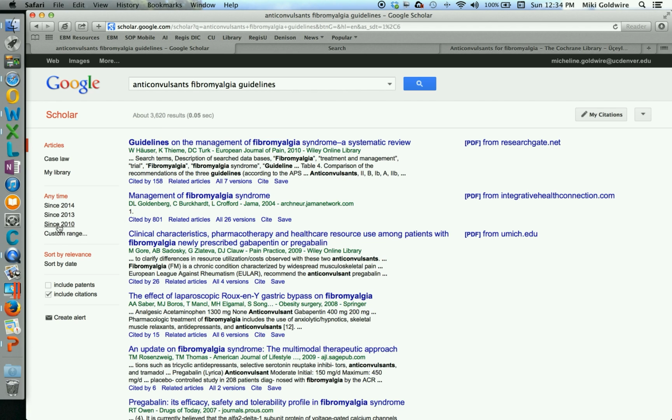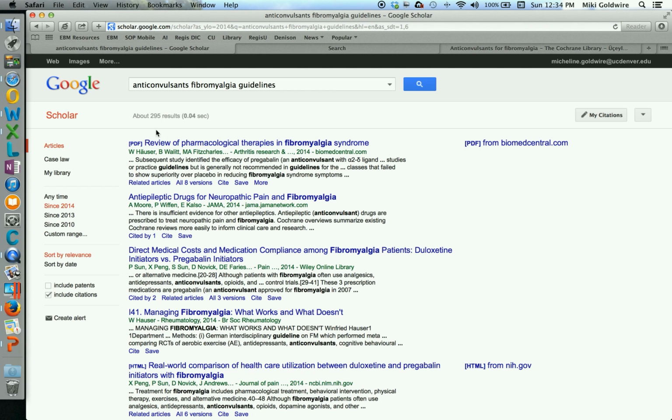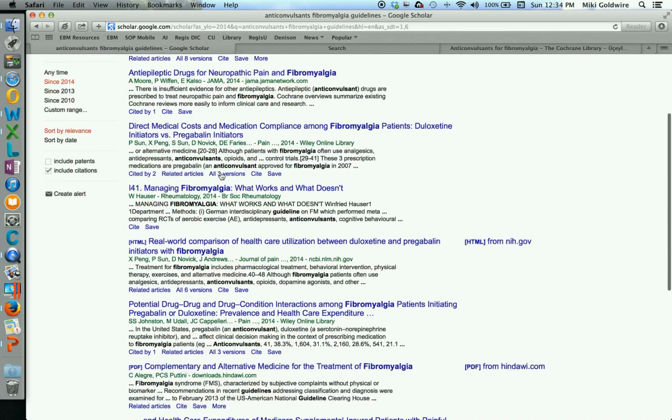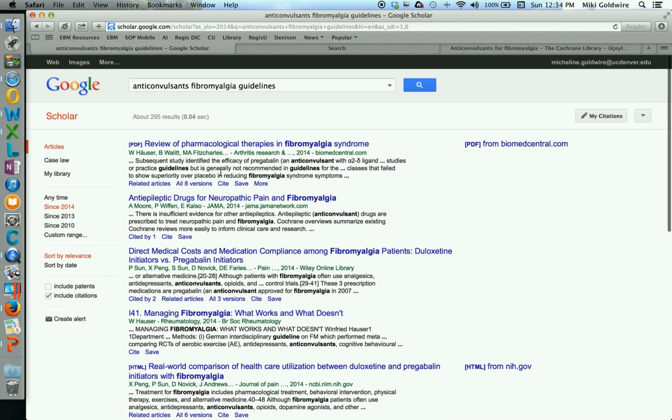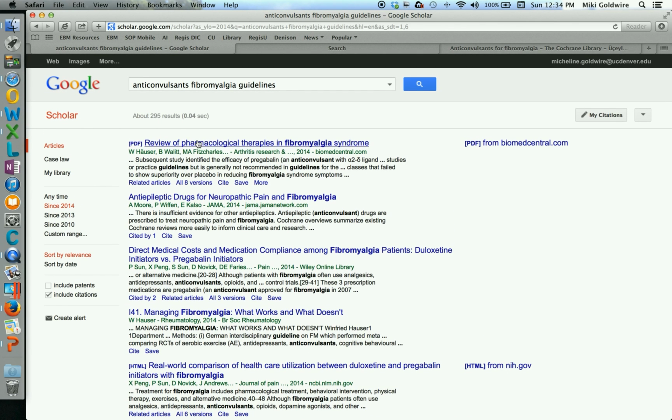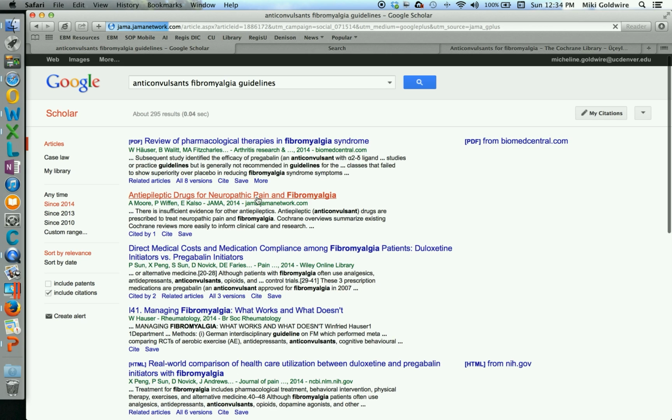So what I suggest is then limiting the time. So let's just see since 2014, and I have 295 articles. So to see over here, if you see a PDF, that means you are able to get the PDF. But if I don't know whether or not the library has it, I click on the title, and I just